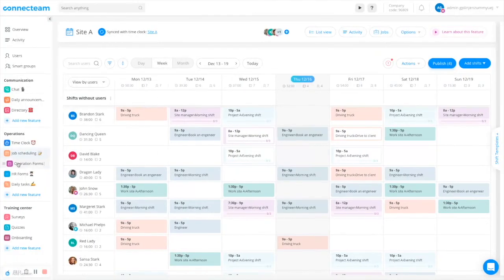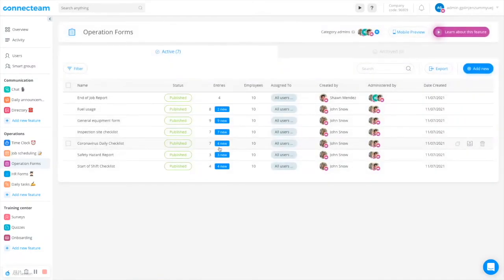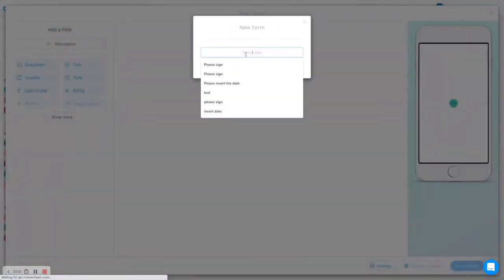Moving on to forms. Forms are digital forms, digital checklists for users to submit on the go, and of course for you, the manager, to have them stored in one place. Construction companies often use forms for start of shift checklist, safety hazard report, and of course the list goes on and on. In order to create a form, you simply go to Add New, give it a name,